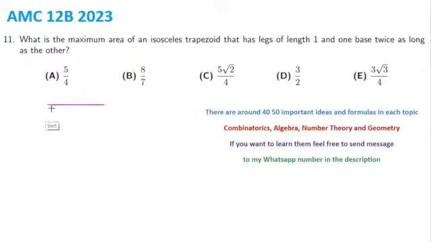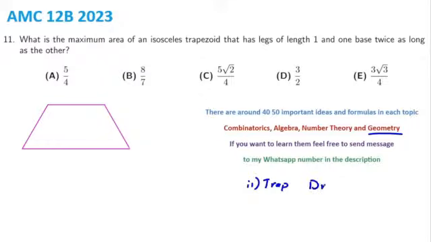So we can consider our trapezoid to be similar to this one. Before the exam, I had released a video in geometry, and I also released 3 other videos for combinatorics, algebra, and number theory. In that one I said, when you see a trapezoid, draw the altitude, especially in isosceles trapezoids. If we draw altitudes like this,